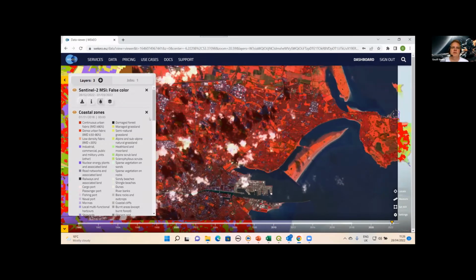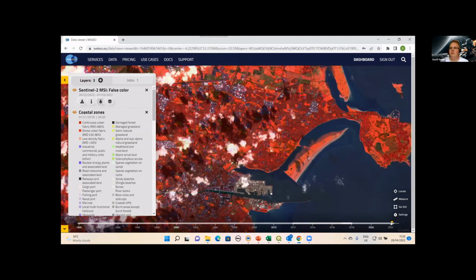But this shows that this data is also available to download, and we can move the time slider here and choose different temporal areas, and we can also set areas of interest. All of this process is explained in more detail in some of the earlier webinars, so I'm just giving you a quick overview. I just wanted to show that all the data that you may need can be made available within the WEkEO service, and that then you can access and download it.